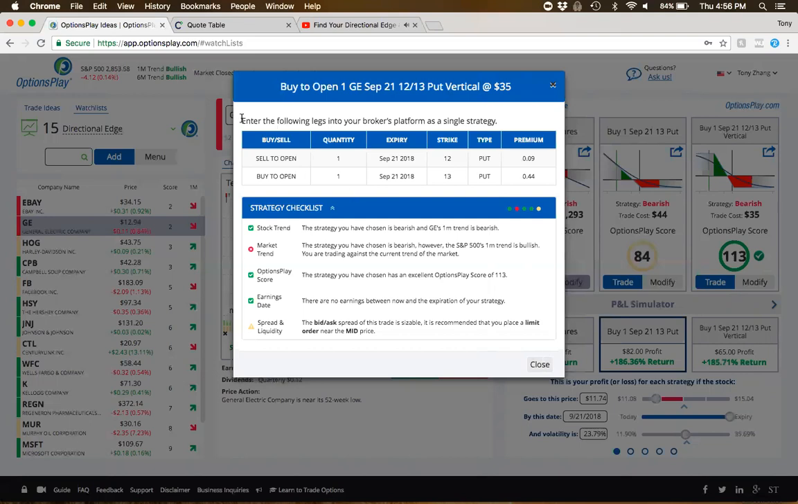And once you're ready, we give you all the details on how to enter this trade into your broker's platform, so that you're able to enter this trade at whatever brokerage firm you trade with in order to execute